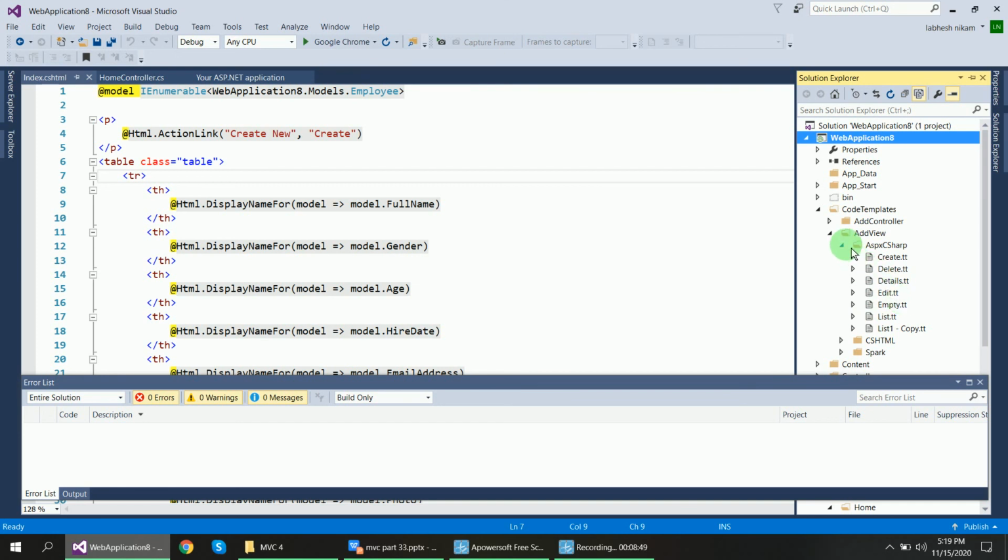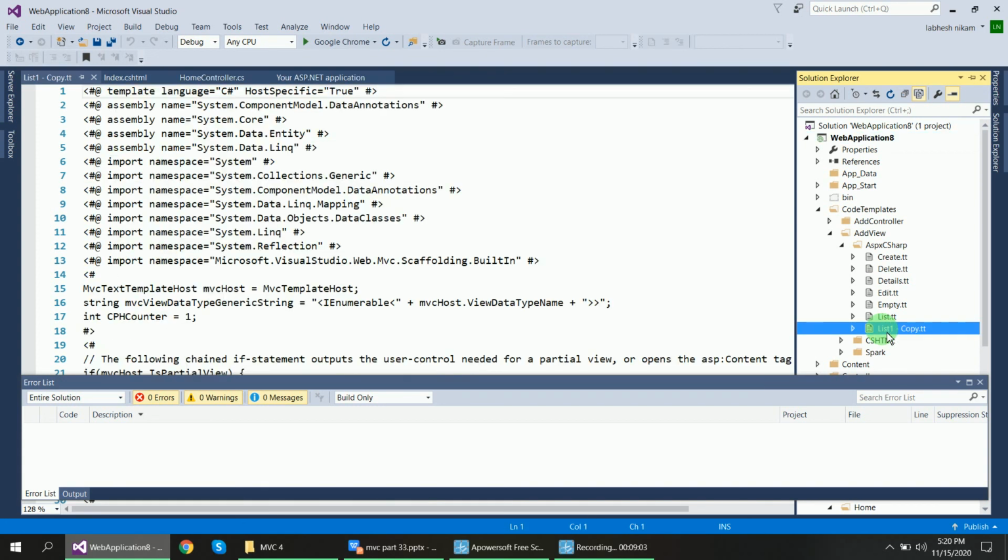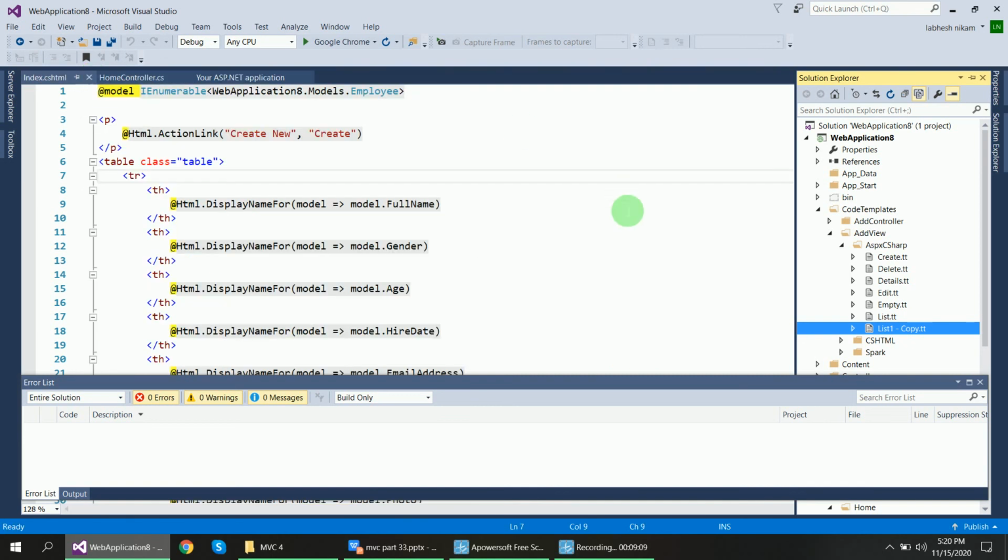Now you can modify these. Suppose you want to modify this list template, or a List1 template. After using the List1 template, if you want to go back to the default template, what will you do?